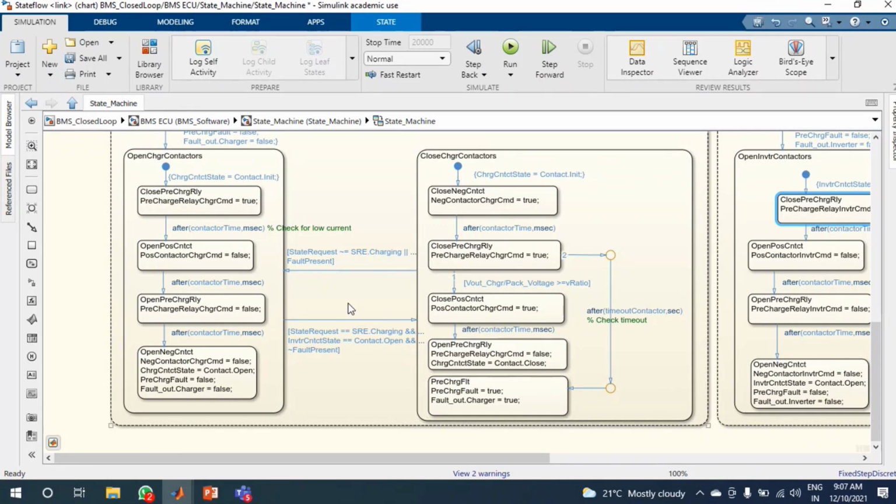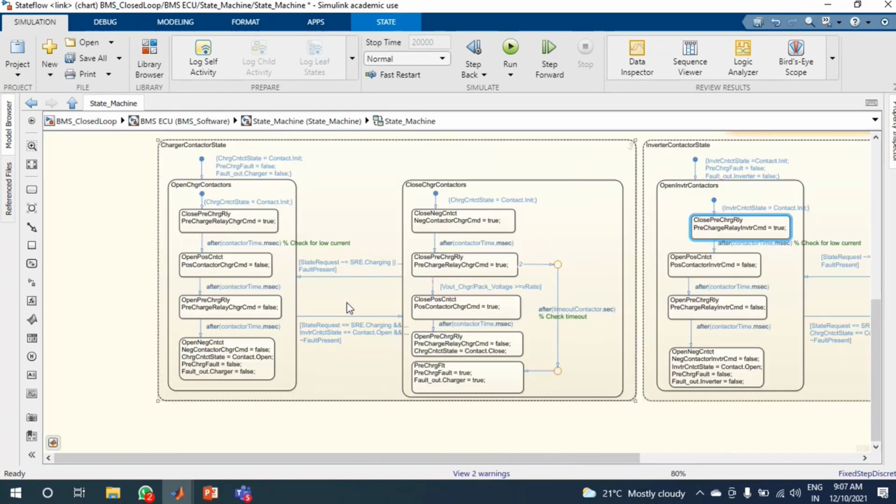So it will take approximately 1 to 1.2 seconds to check all these parameters. Now you may wonder, microcontrollers are so fast, so why does it take 1 to 1.2 seconds? The reason is, though microcontrollers are very fast, we are trying to measure the voltage of each and every cell. Whenever we measure the voltage of each cell, there is a voltage sensor, and this voltage sensor has its own delay.